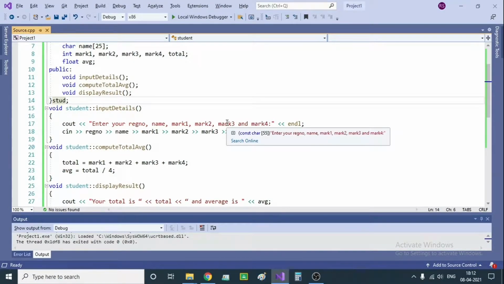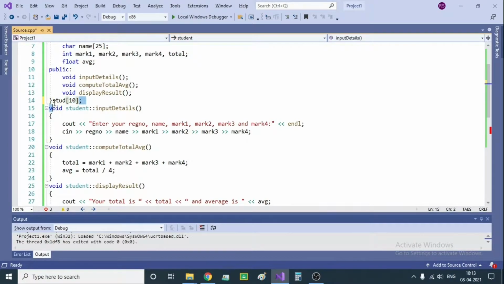Just like we can create integer array, character array, float array, and string or double arrays, we can also create structure and object arrays. So step 1, declare this into an object array. Let's say I want to deal with 10 students at a time. So I have to make this declaration into an array, which is very much like the declaration of a normal array. We have to specify the size of the array using these brackets. So it is now an array.